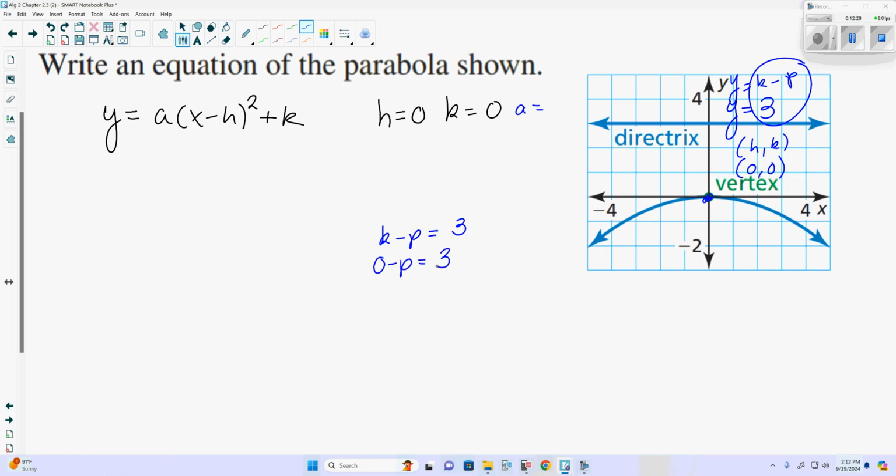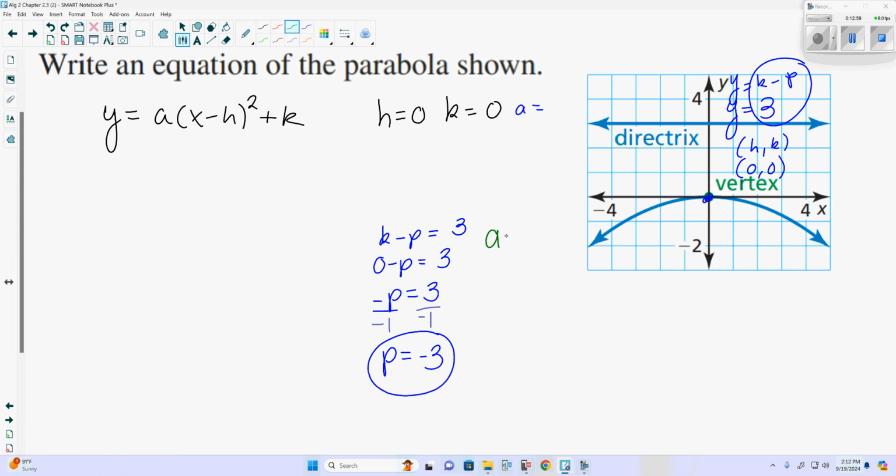So we're just saying 0 minus p is 3, yes? Well, wait, 0 minus p is just negative p is equal to 3. To make p positive, we just need to divide or multiply both sides by negative 1, saying p is negative 3,